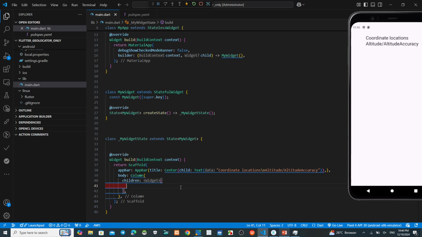Okay, this one we want to make the app bar here.